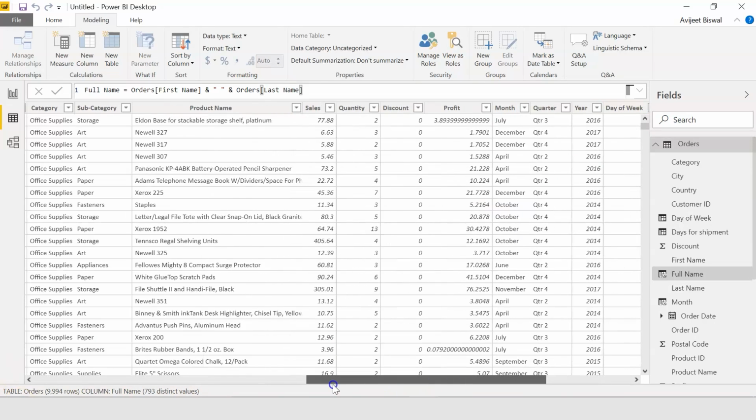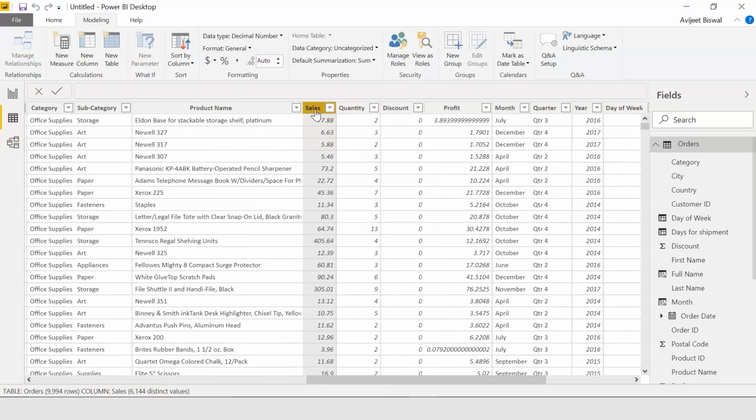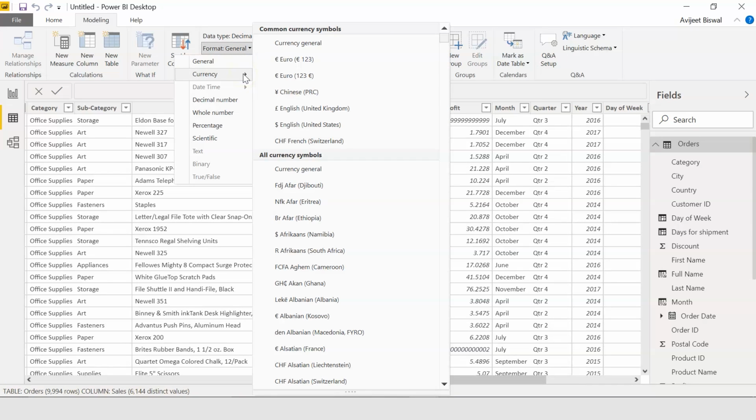Now let me give the sales column a currency value. So I'll select the sales column. Here under general, if I go to currency, I can see there are multiple currency symbols. Choose whatever you want. For this video, I'll take dollar English United States.